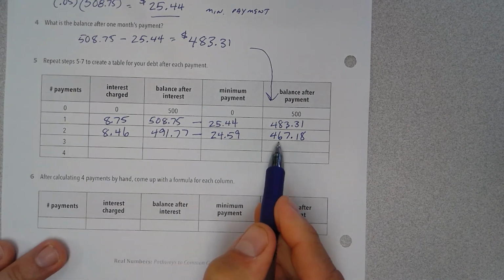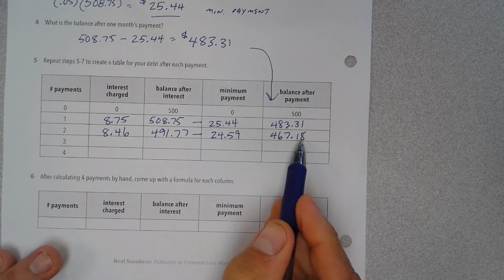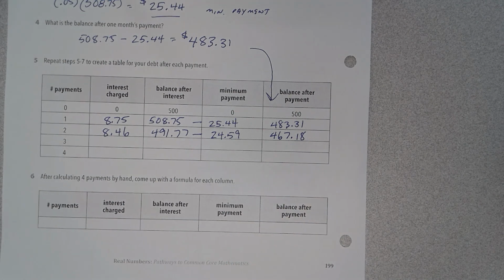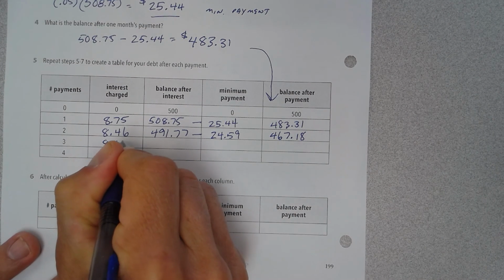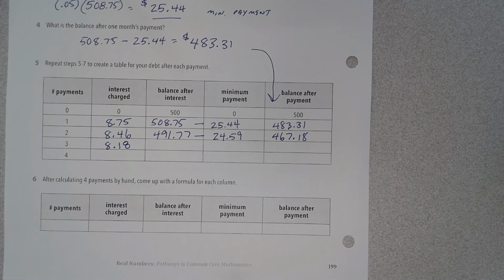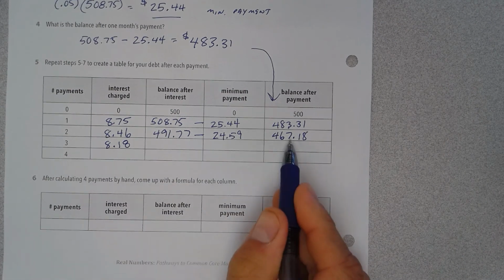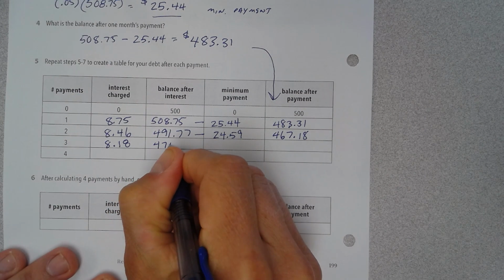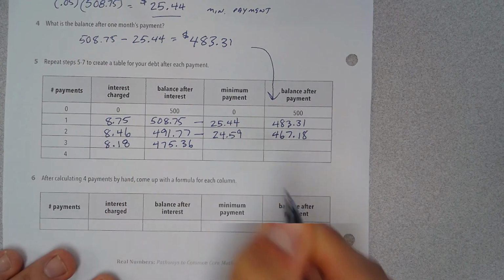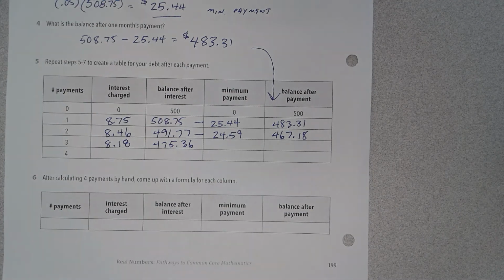We need to find the interest on 467.18, so we're going to multiply it by 0.0175, and that is $8.18 if we round up. We need to add that on to the balance, 467.18 plus $8.18, 475.36. Our minimum payment is 5% of that,